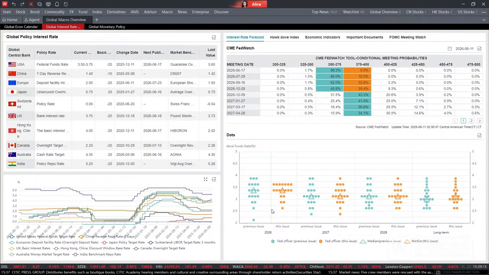If the overall plot shifts noticeably upward, it implies members have become more hawkish. If it shifts downward, it indicates a more dovish stance, meaning a tendency toward interest rate cuts. If one wishes to transform vague monetary policy expectations into quantifiable probability data, they can refer to the FedWatch tool